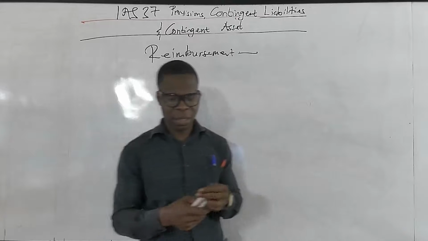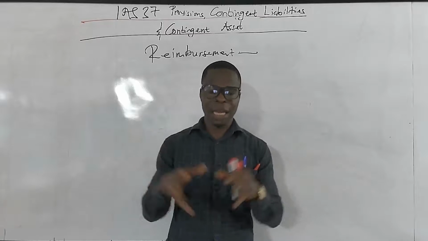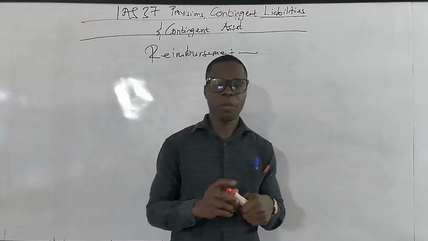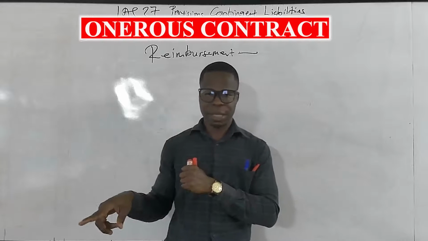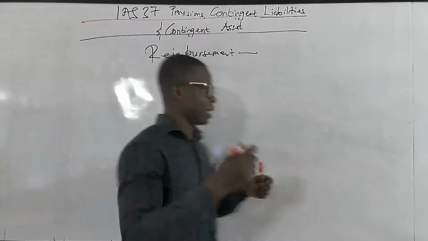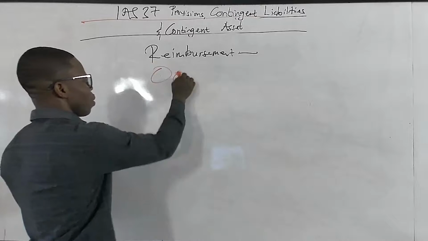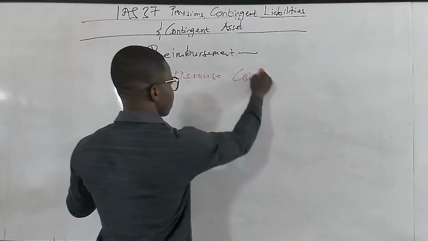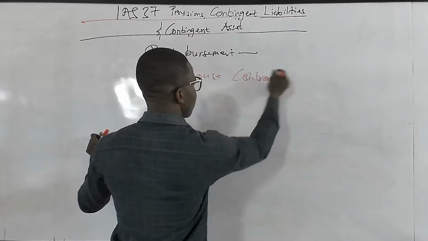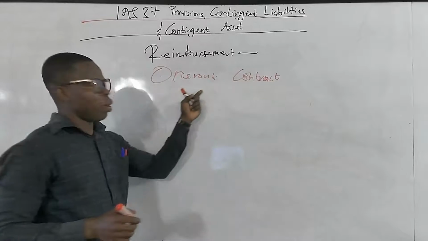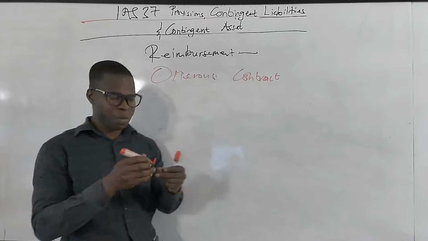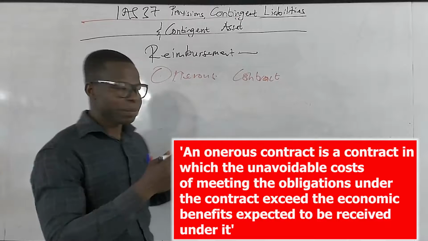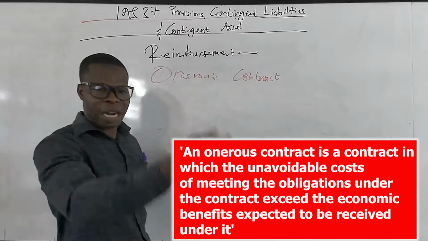Now there are other key items the standard also provides that we'll take one by one and go through them. The first one we are going to look at is onerous contract. What is an onerous contract? Onerous contracts are contracts that the unavoidable cost